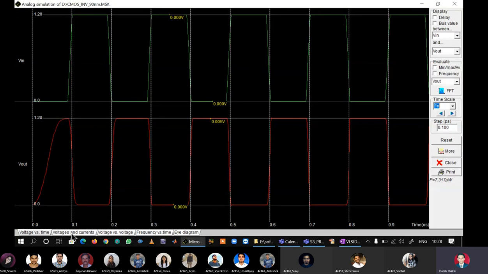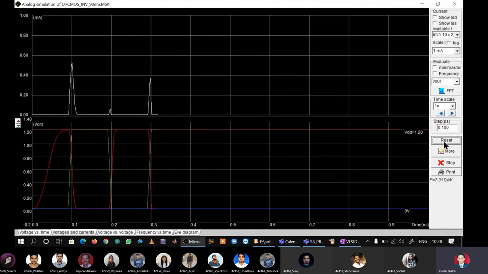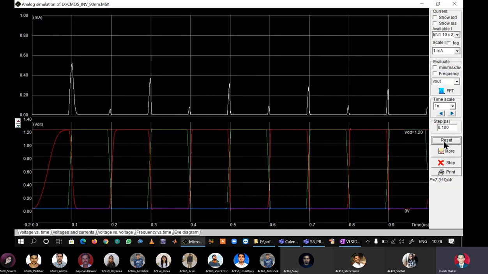The next is voltage and current. So next current, here nothing is seen. It will be seen when I click reset. So as soon as I click reset, the waveforms have actually generated now. So we see here, look carefully, the upper half of the waveform window is having a unit of milliamperes. So students, this is the waveform for supply current I supply.